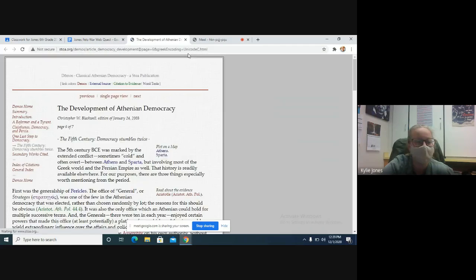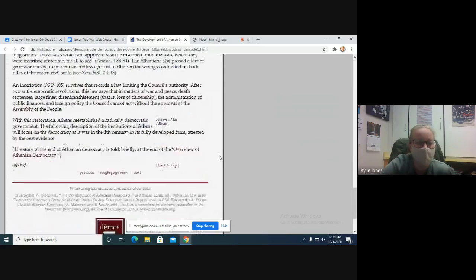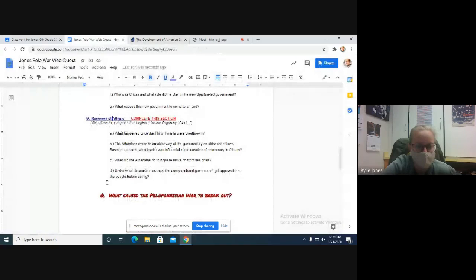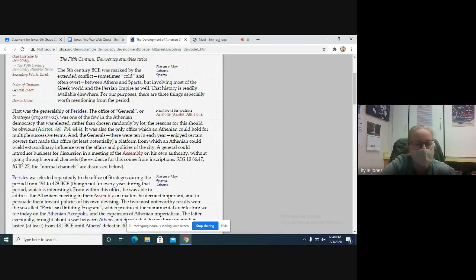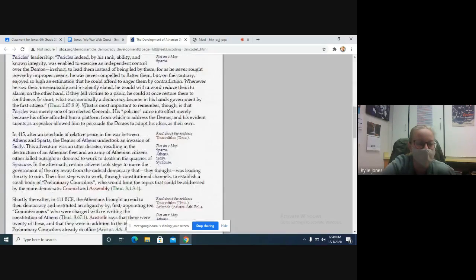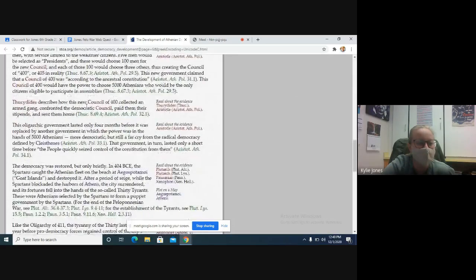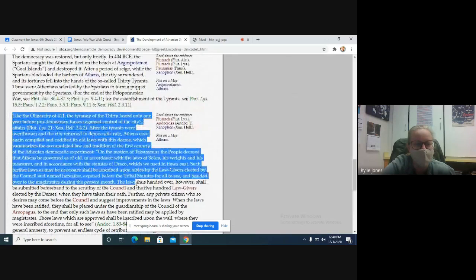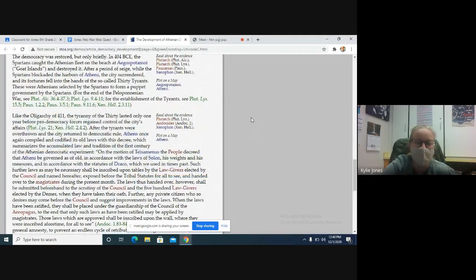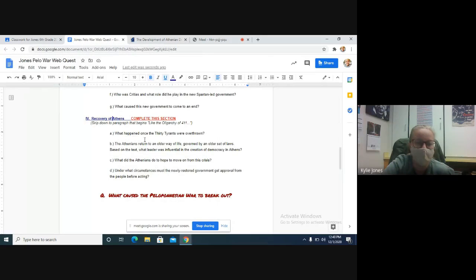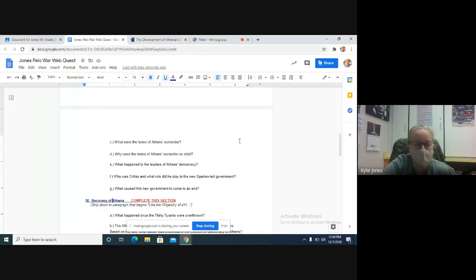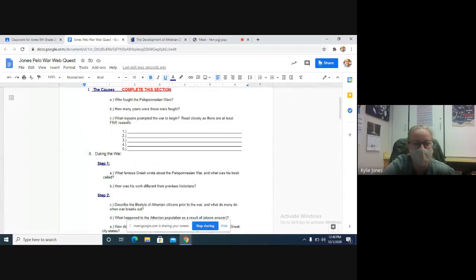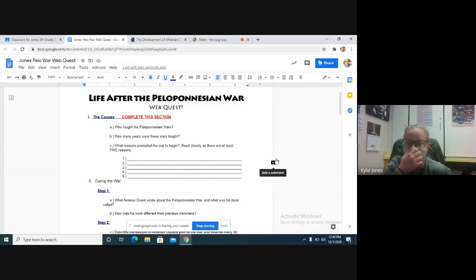A little bit longer, but it does say to skip to certain paragraphs. It says skip down to the paragraph that begins like the oligarchy of 411. So we would skip down, down, down, down, down. There we go. It's like way near the bottom. So you guys would start reading here to get that information, not up at the very, very top. Make sure you read the directions. But there are 1, 2, 3, 4, 5, 6, 7 questions for you to do. One of them has 5 answers, but overall 7 questions to do,